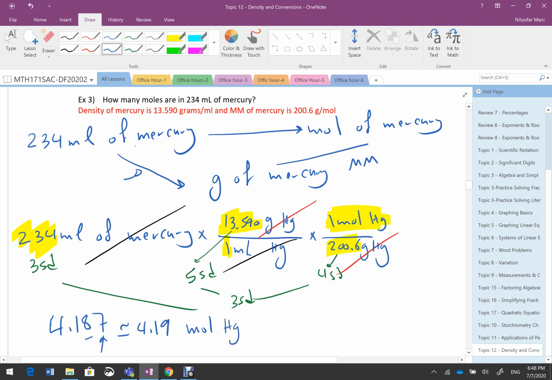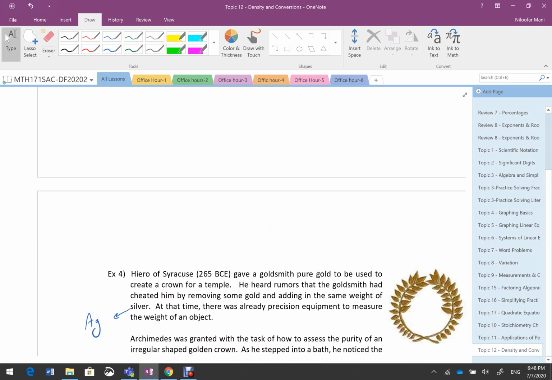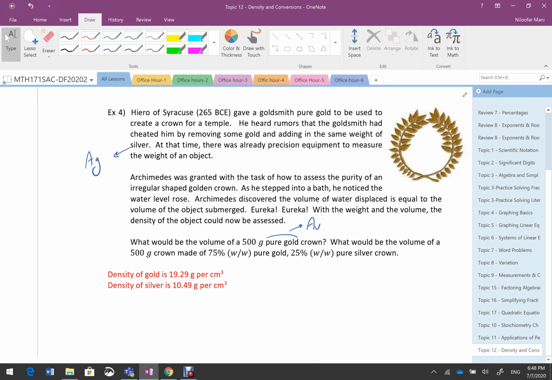Let's say we don't know what the symbol is, so we can use mercury just as a word. Okay, so it doesn't matter. Here, the next question,